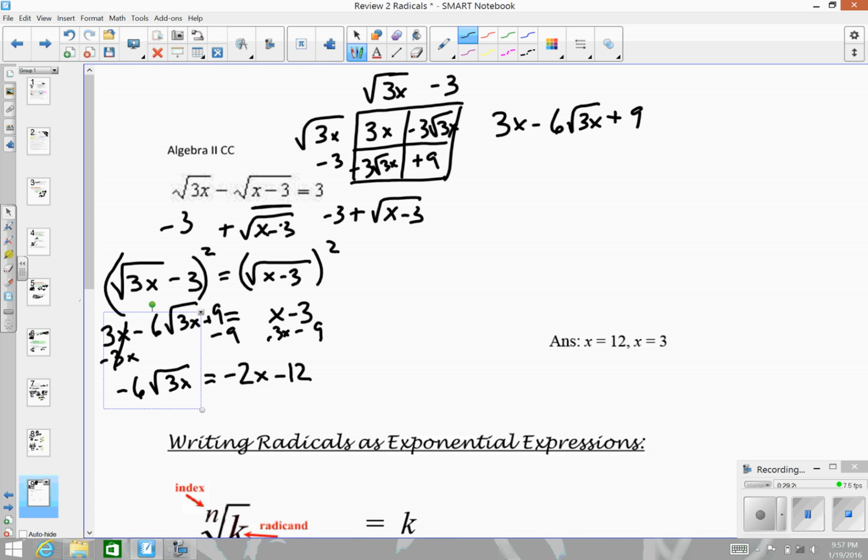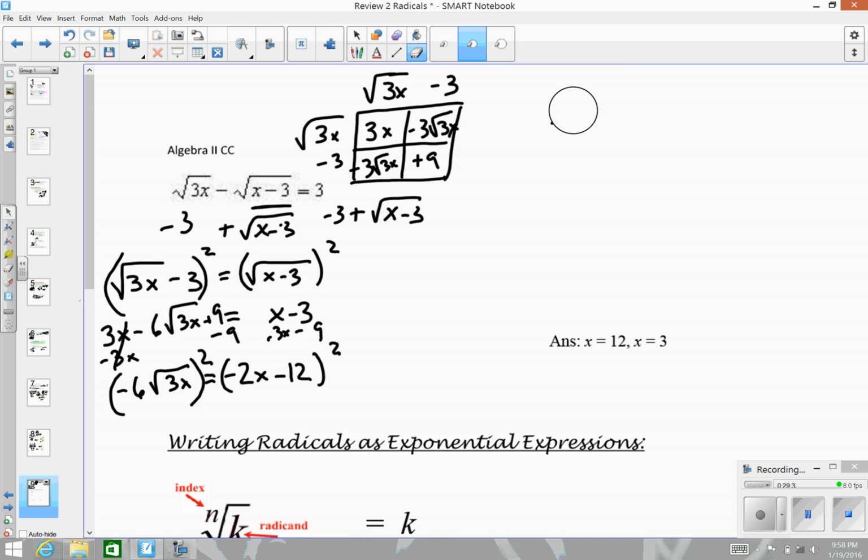Now I'm going to square each side again, which leaves me with, I'm going to start back here up at the top, give myself some space. Okay, so squaring the left side leaves me with 36